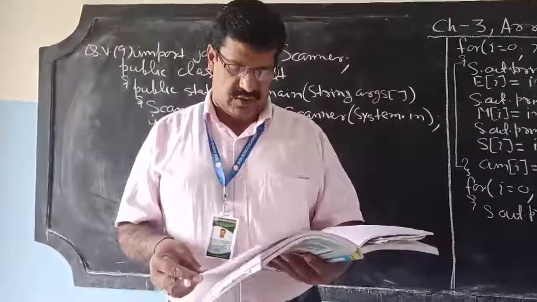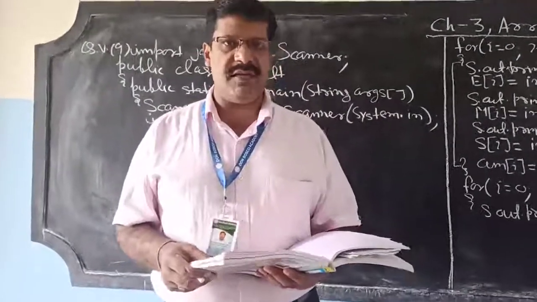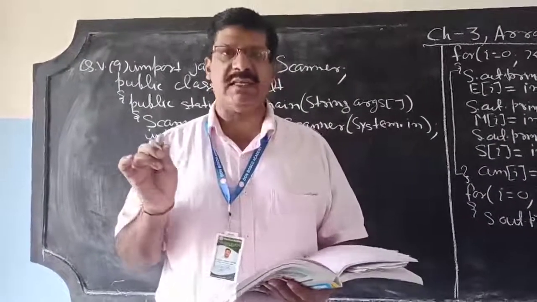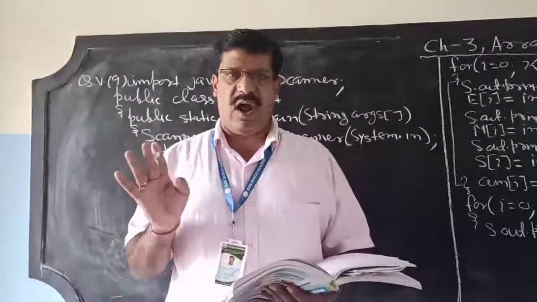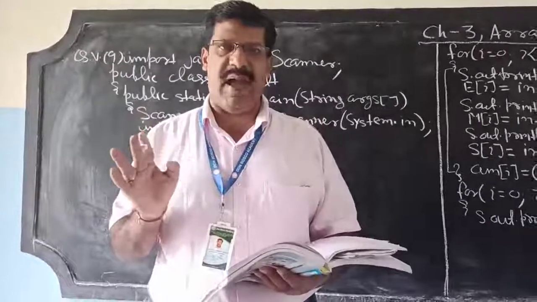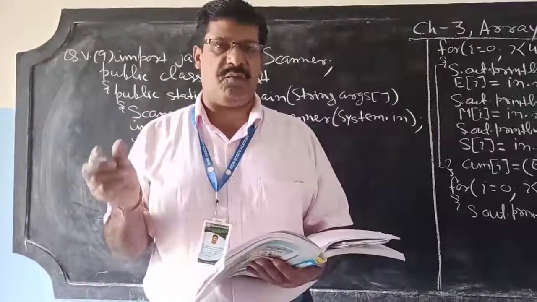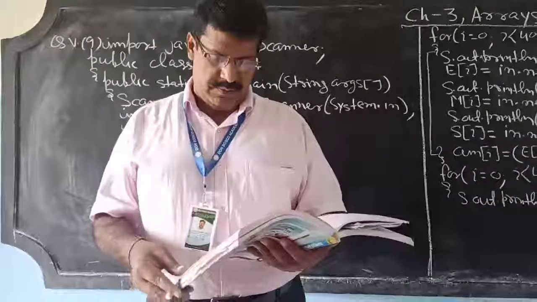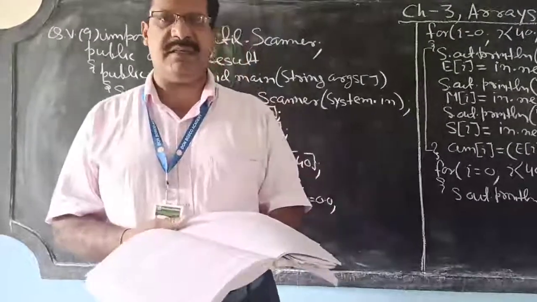Class average in each subject: we also have to find out the class average for each subject. Means what is the class average of English, what is the class average of Math, what is the class average of Science. So once again, the program is asking to accept the marks of 40 students in English, Math and Science, and calculate the average marks of each student. So we'll create a 4th array, average marks, to store the average marks, and you have to calculate and print the average marks of all the students and the class average in each subject.